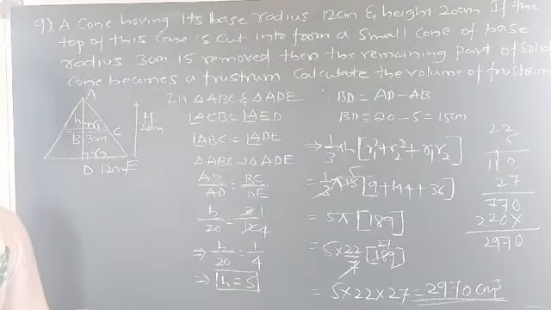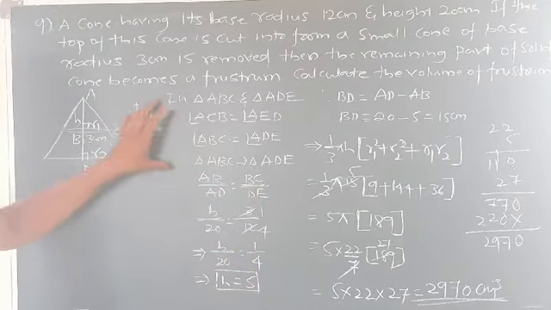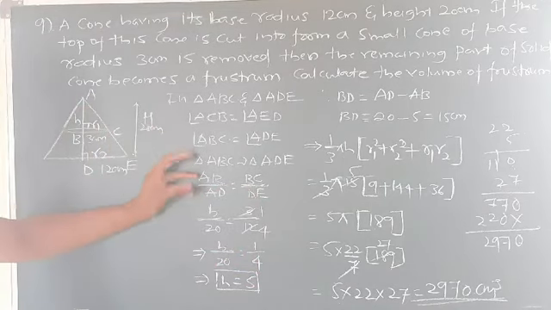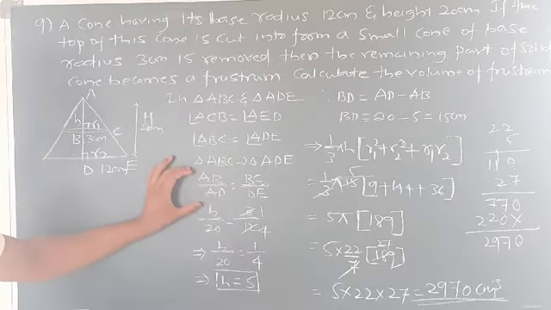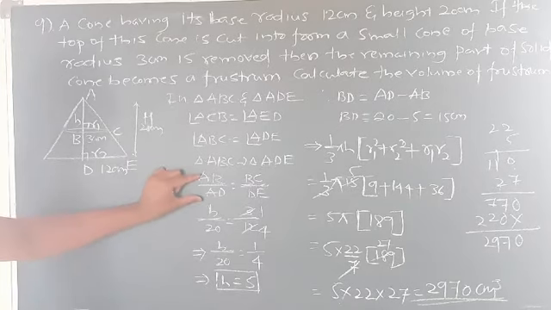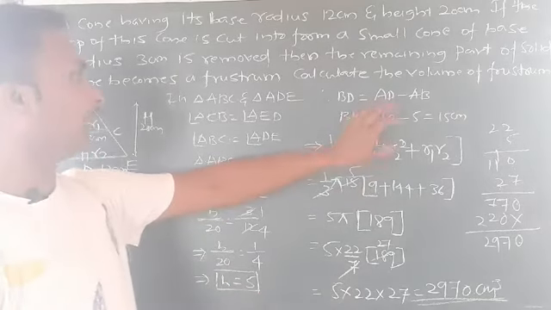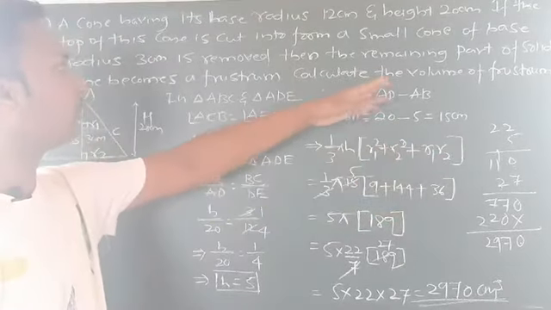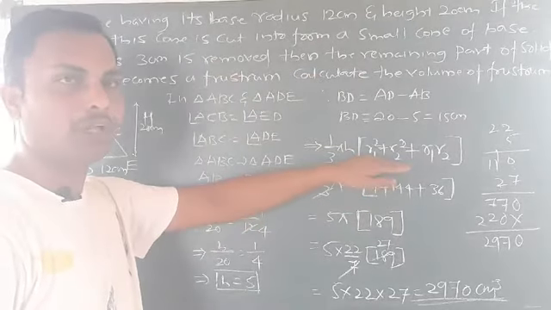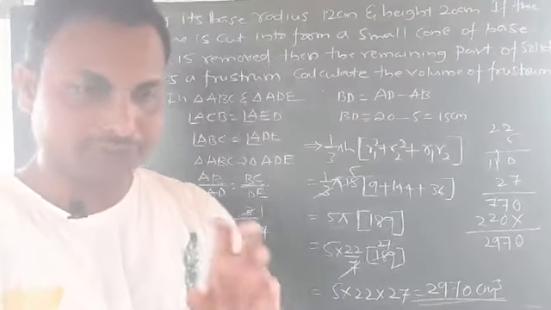So dear students, I hope you understood this problem very well. Nothing is there in this problem, it is very simple. First you take the two triangles and see that the triangles are similar. Then write the proportional sides, substitute the values, and you get h equal to 5. Again substitute that value, write the formula the question asks for, substitute all the values, and you will get your desired answer. I hope you understood this one.